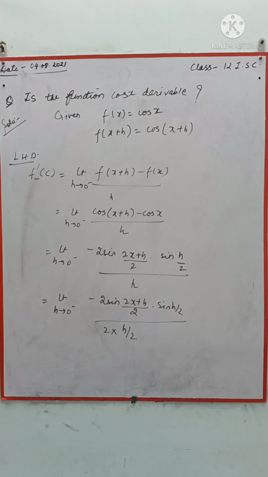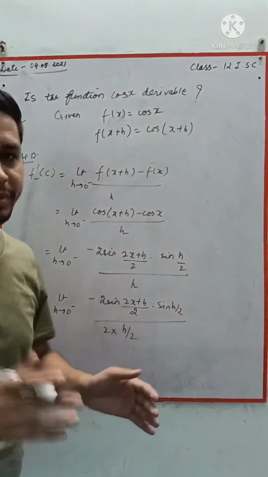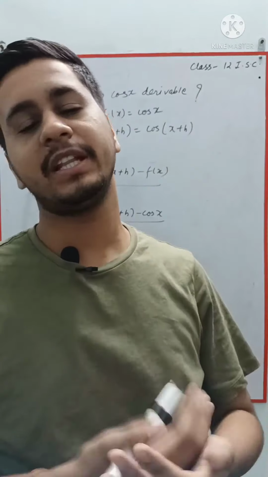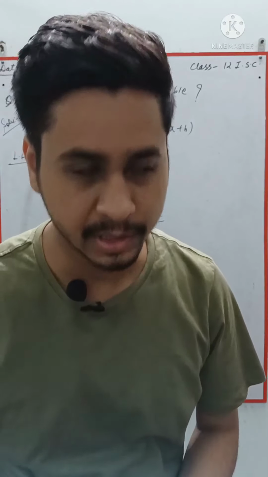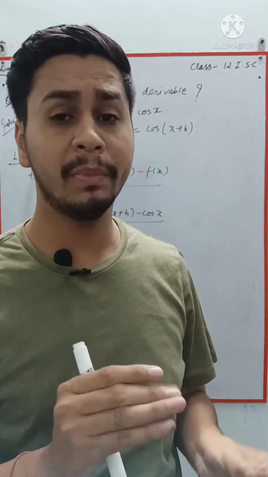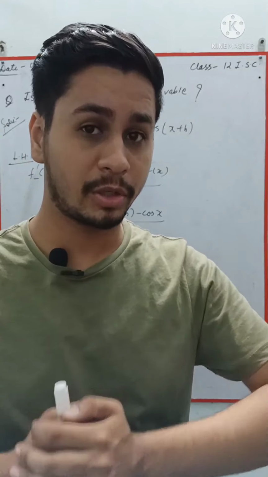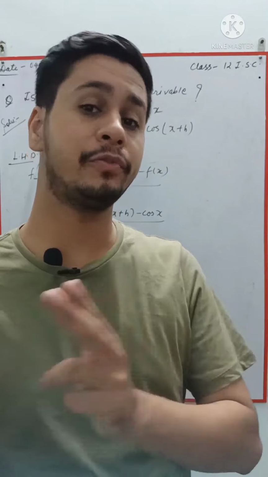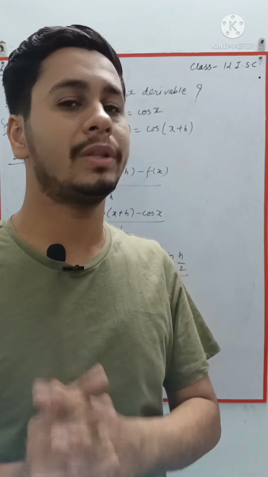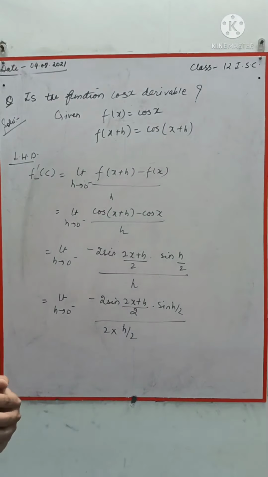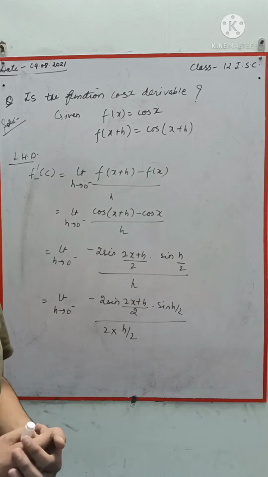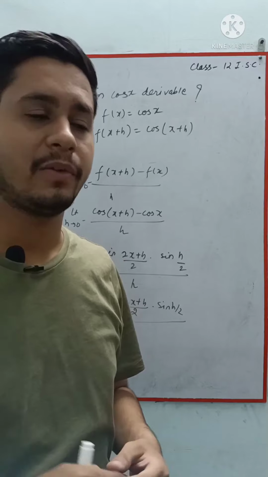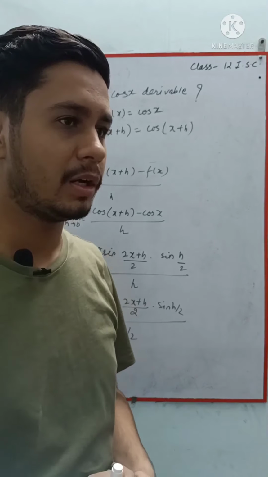Now let's see the case of the trigonometric functions. We have 6 trigonometric functions, and we have seen that all the trigonometric functions are continuous. Now you have to remember one more thing, that all the trigonometric functions are differentiable also in their respective domains. That is what we are going to prove here. I am going to prove it for cos x. You have to do it for the other 5 trigonometric functions. If you face any problem, you are free to ask.